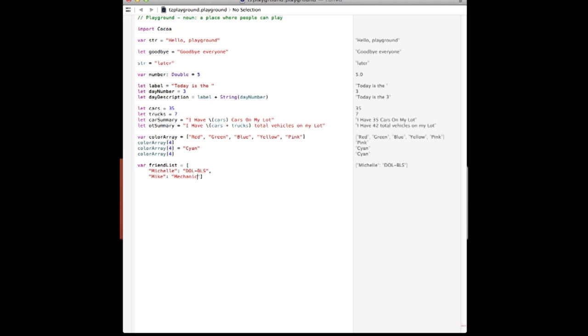Just like that. So there's that one, and I'm going to leave it at that for the moment. So we're going to end our array just like that. I have now created basically a two-dimensional array, and let's say later on down in my program I want to